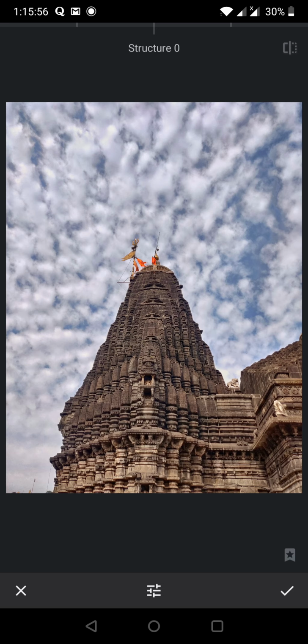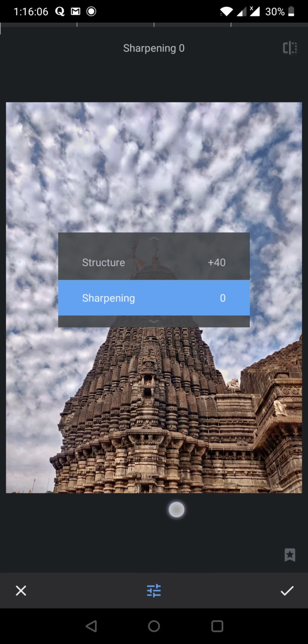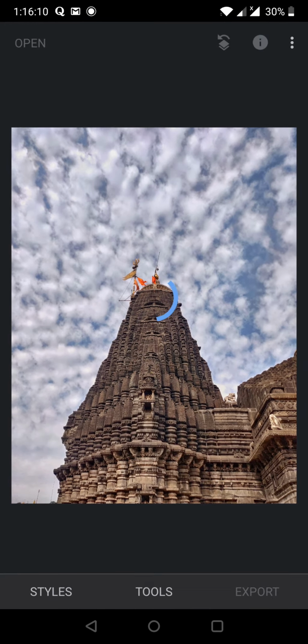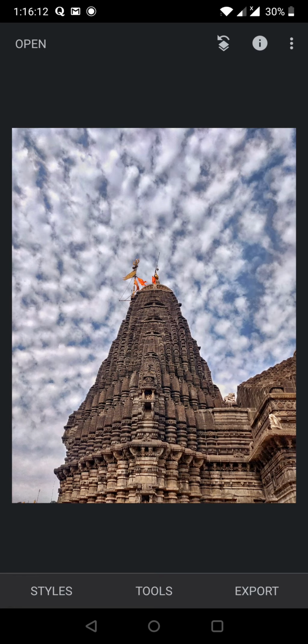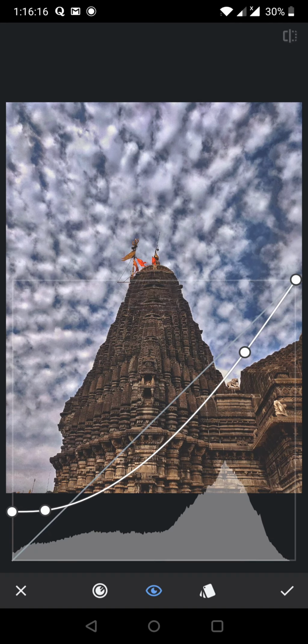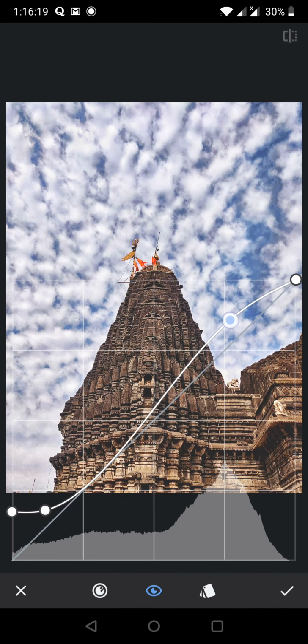Then I'll come to details. Details is like bringing out the sharpness, bringing out the finer pixel. You are trying to enrich the pixels, the smallest part of your picture. You're trying to fine tune it. You are trying to bring more structure. So I have just improved it, bumped it.